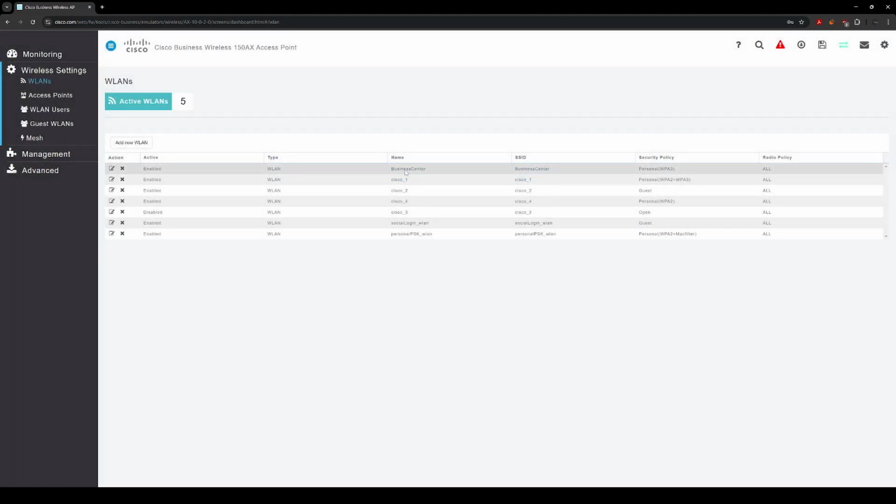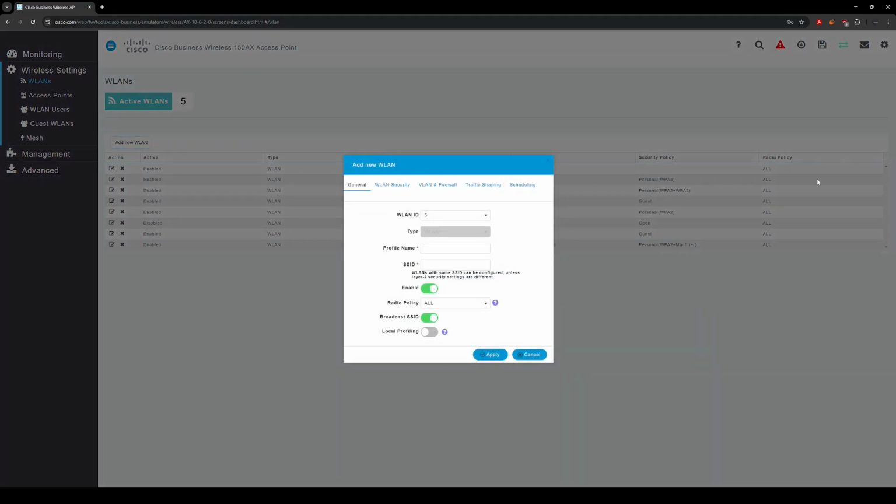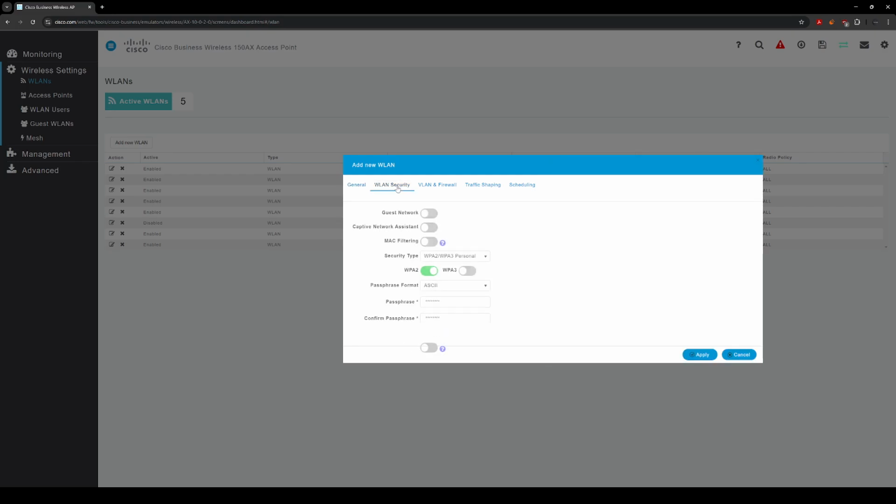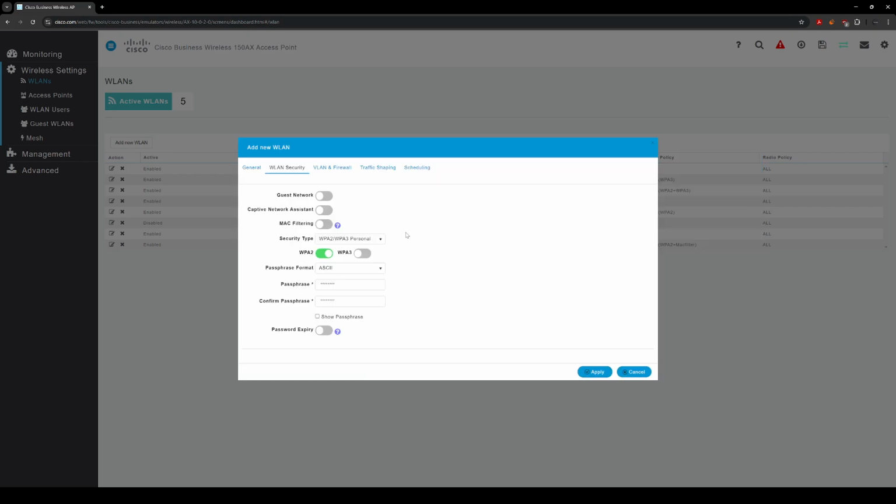And we have our new wireless LAN for our business center with a pre-shared key with WPA3. Now we're going to add a new one. This one might be for employees, so we'll name it employees. We'll go ahead and broadcast it as well and enable it. However, for this one, since it's going to be on employees,